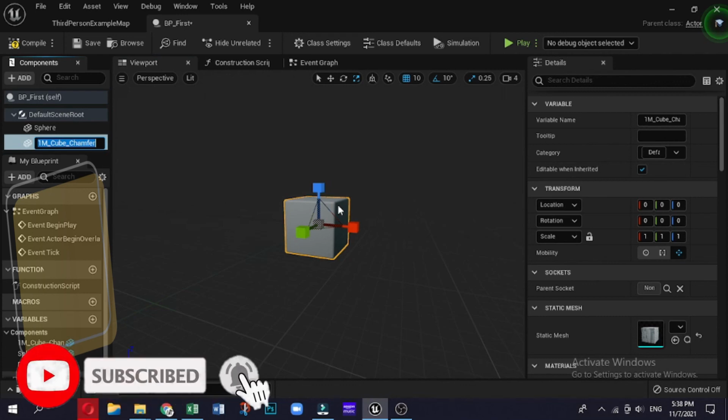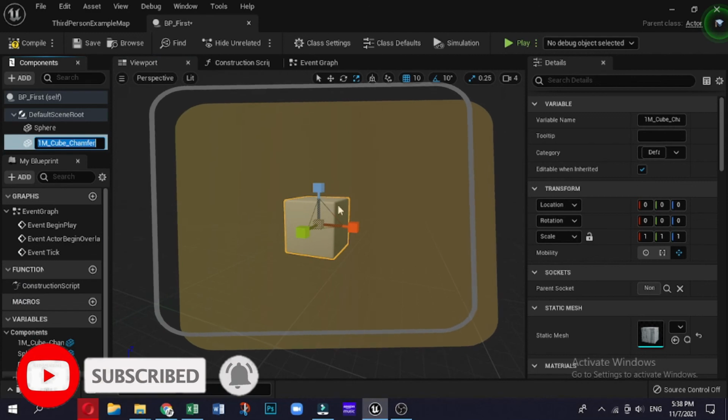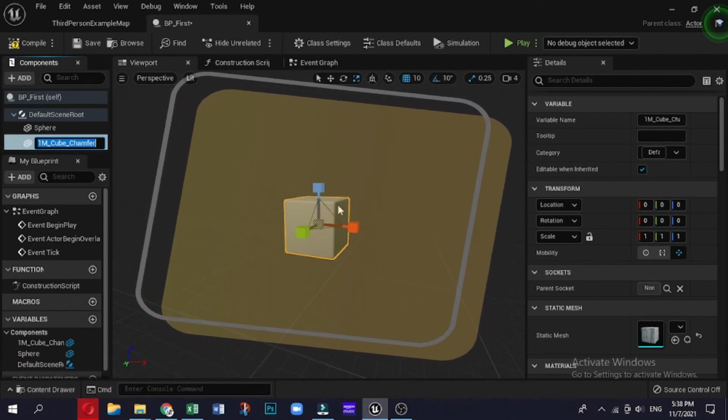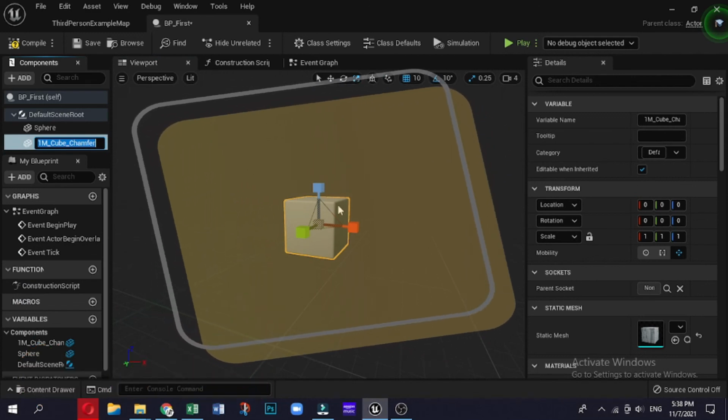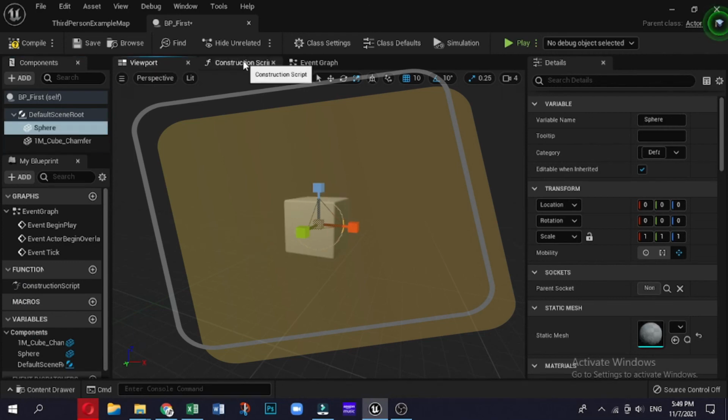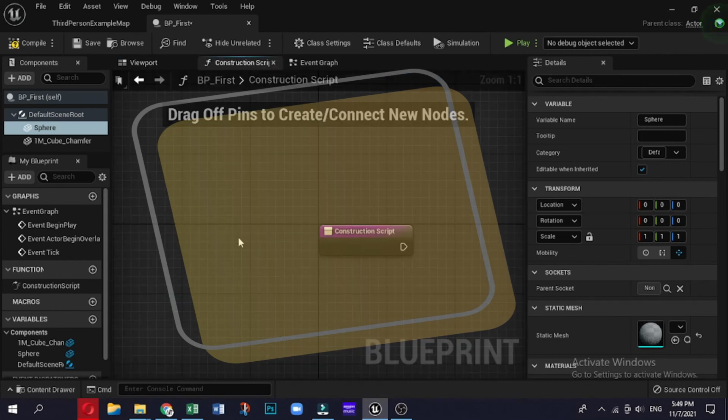Now see the My Blueprint panel. The My Blueprint panel shows all the graphs, functions, macros, variables, and event dispatches contained in your blueprint, including component instance variables that are added in the component list or variables that are created by promoting a value to a variable in the graph editor. By default, your blueprint contains one event graph and one construction script for your functions, but you can add any graph, variable, or function you might need by the Add New button.